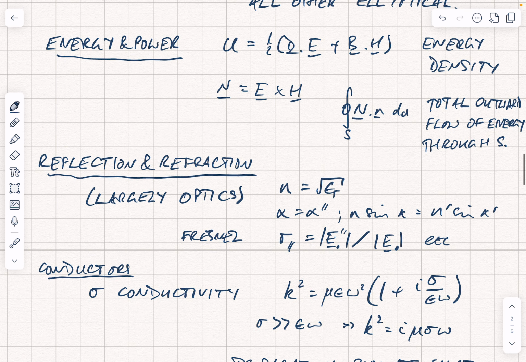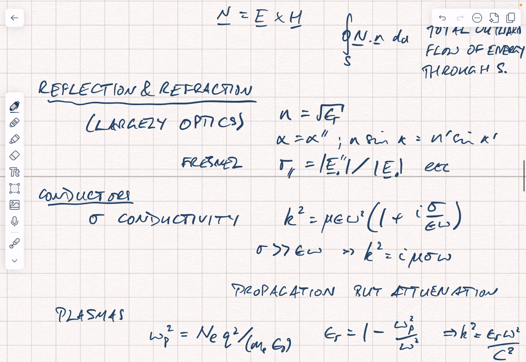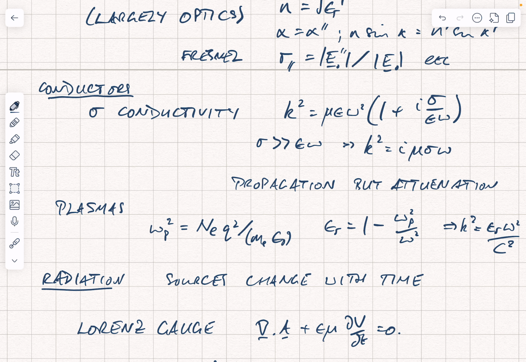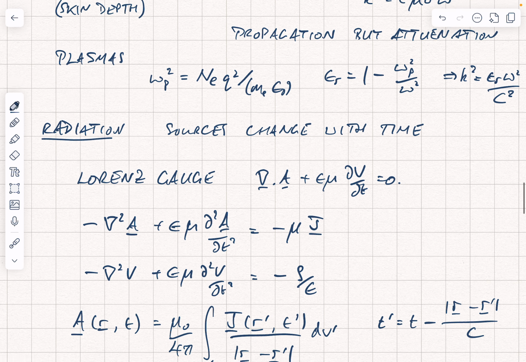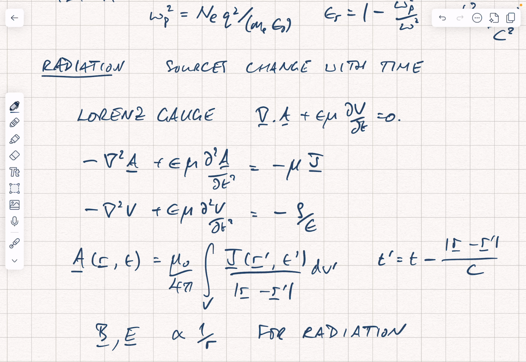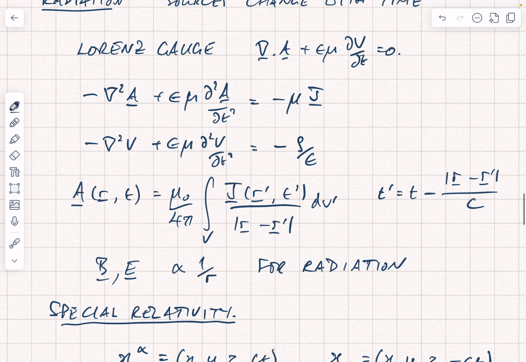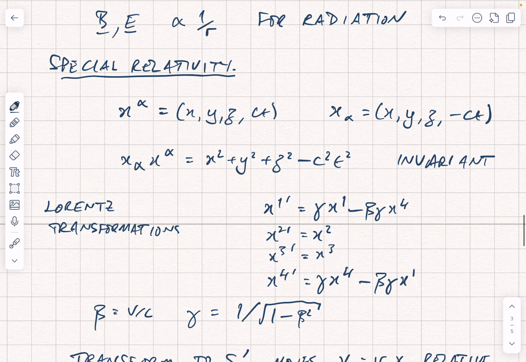We've looked at power and energy densities. I've mentioned very briefly the ideas of reflection and refraction and of conductors. I didn't note here, but it is also just worth remembering the idea of skin depth, this is just a way of thinking about how quickly the fields decay into a metal. Radiation involves time-varying sources and these general solutions, which typically are quite hard to solve exactly, so there are only a few examples. And then at the end we thought about special relativity, so ways of transforming between reference frames,